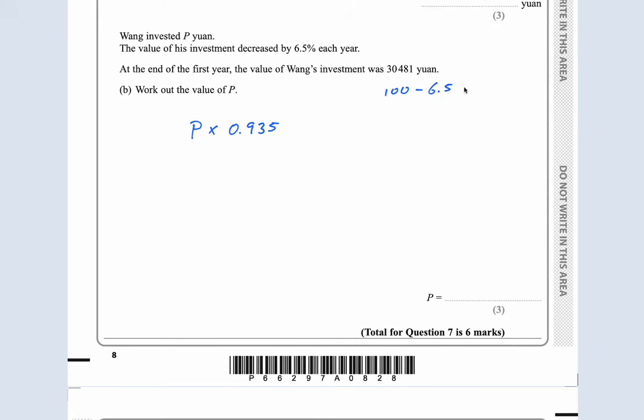Because it's decreasing by 6.5%, 100 minus 6.5 is 93.5. So this means I want to get 93.5% of P. That will decrease it by 6.5%. So this times 0.935 equals